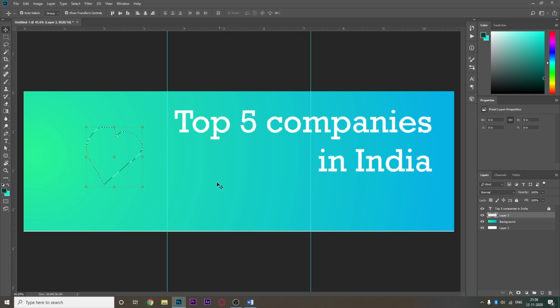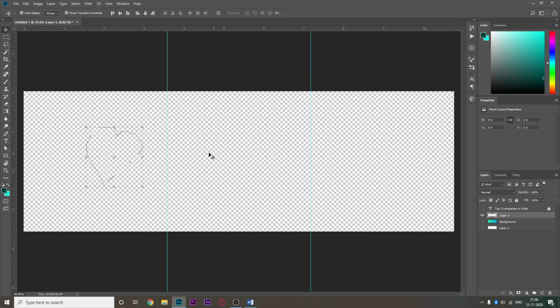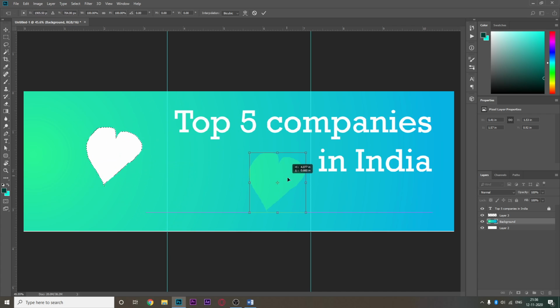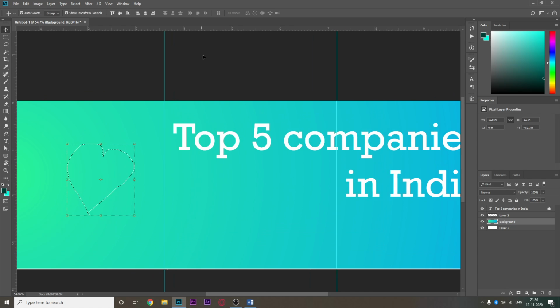In layer 3, it has selected something. But in layer 3, there is nothing there, right? If you'll see carefully, layer 3 in itself is empty. Now if I go in background, it can now successfully select this shape, which I can probably drop here. Ah, this is bad. Anyway, so you can select using the lasso tool.